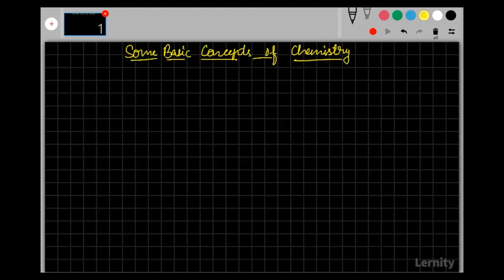Okay, so we'll start with this chapter now. I'll also give the important formulas here itself, and then we'll go for a problem solving session. First, it's very important for us to know some important prefixes which are used in the SI system.